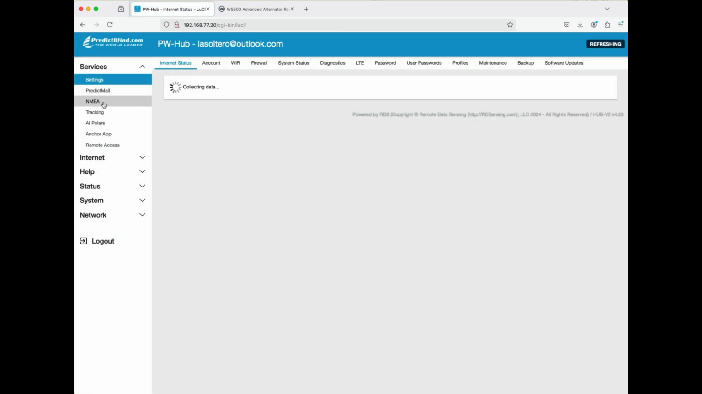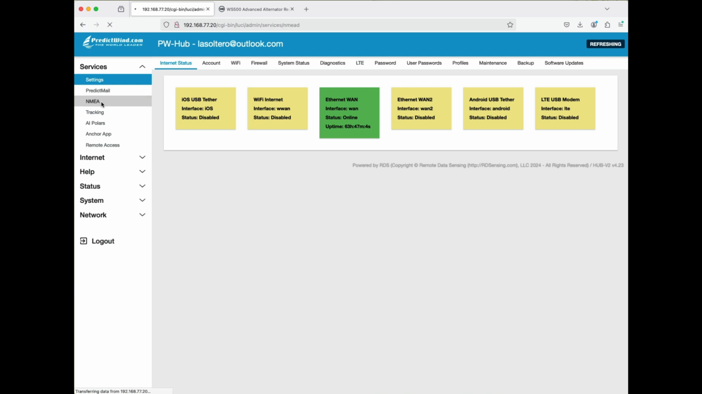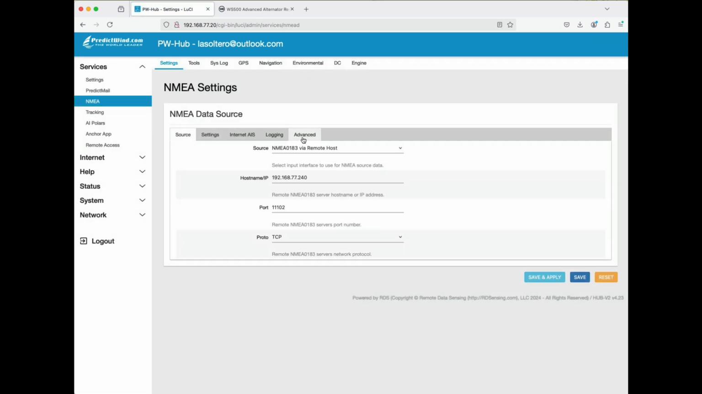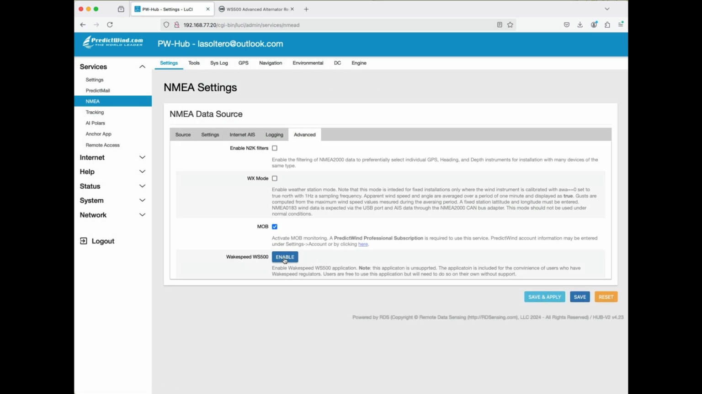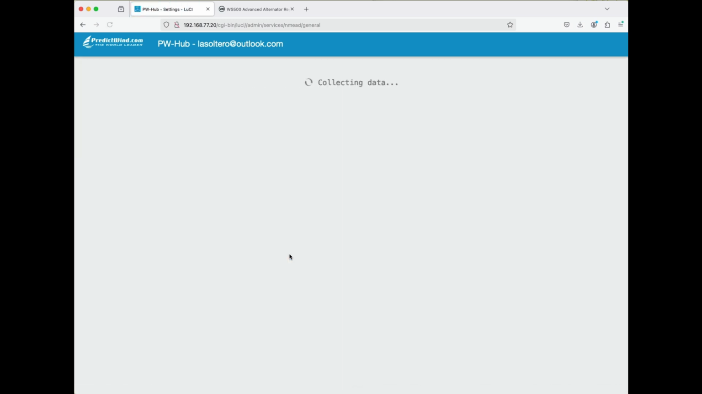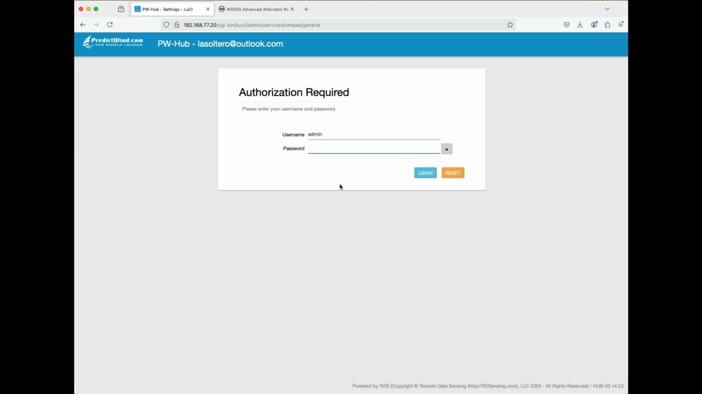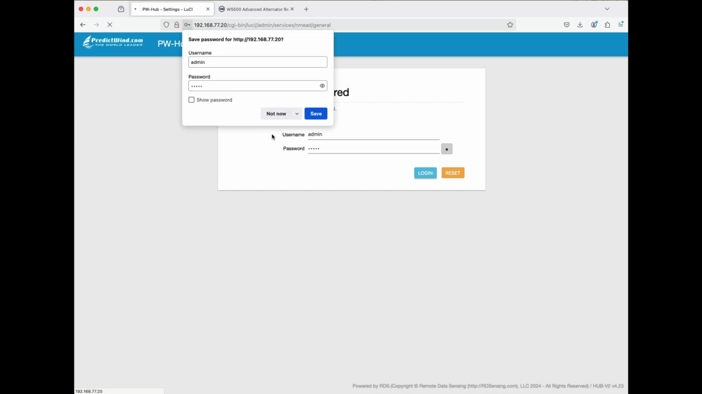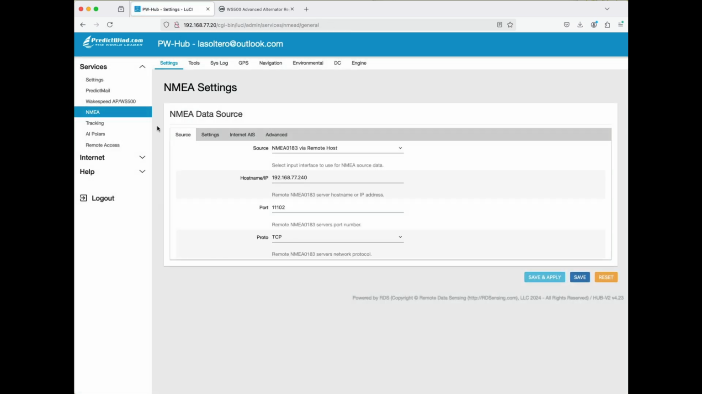You then navigate to NMEA under services. You go to the Advanced tab, and you'll see a button down here called Wakespeed WS500 Enable. Push that button, and that will enable the regulator, enable this application. So once you log in again as admin, you will notice that under the Services menu, you have an option